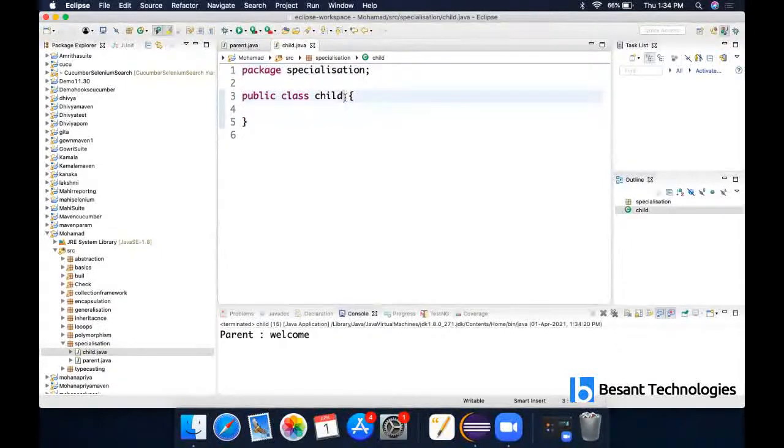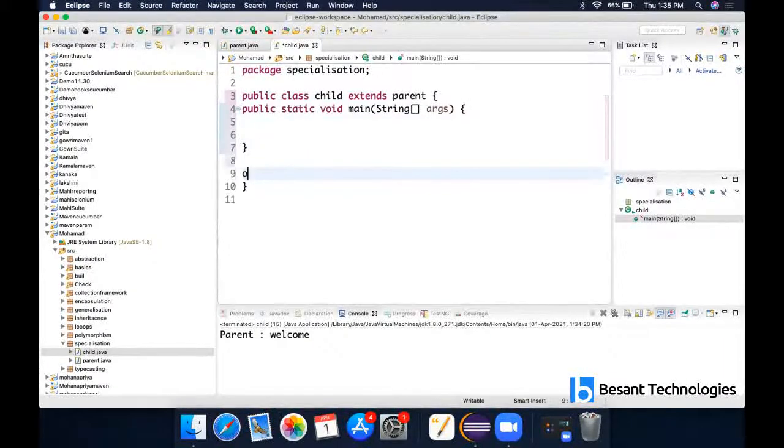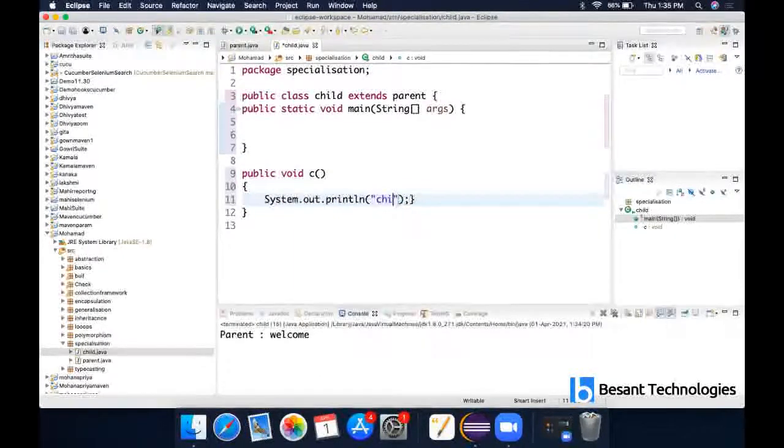Okay, as usual, I'm creating an instance. So this instance parent. And I'm having a main method here. So here I'm going to have methods. Public void c. Child class method.